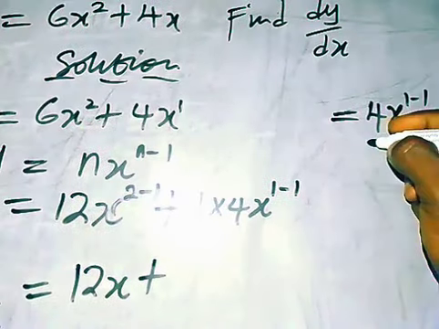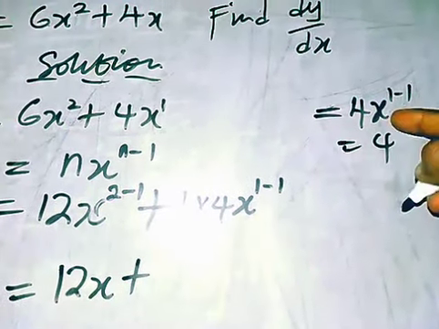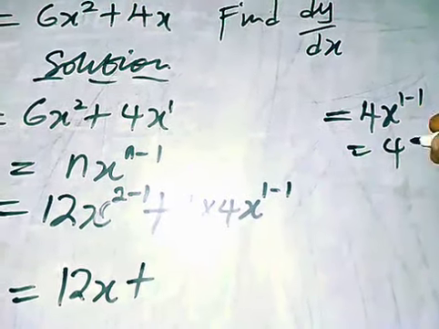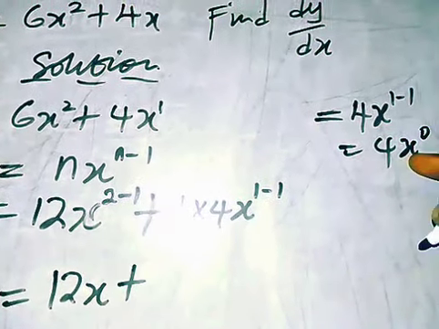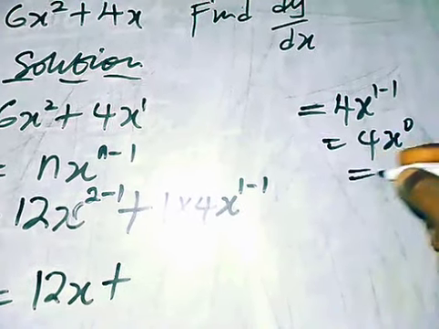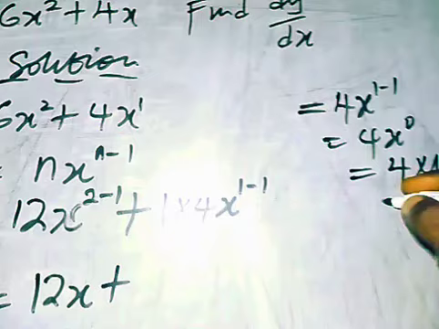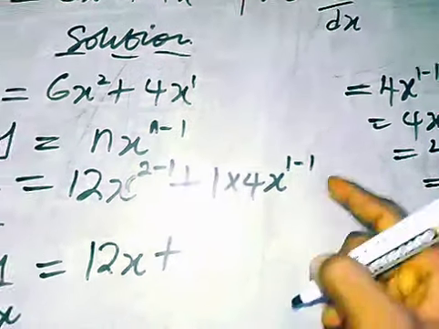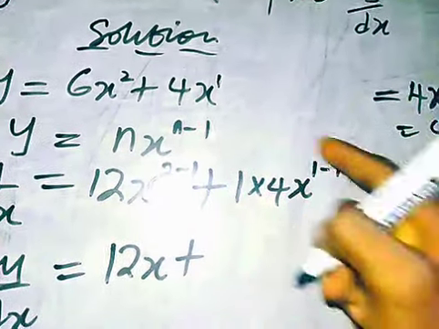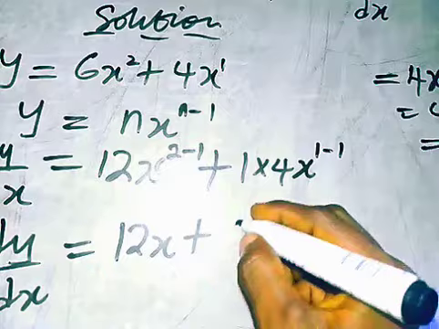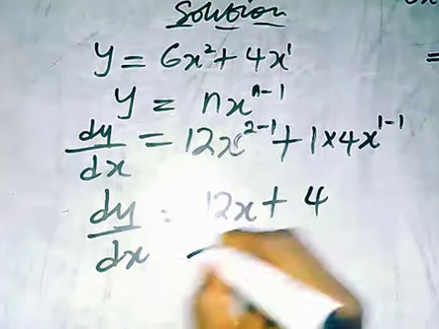Okay, now this is equal to 4. 1 minus 1 is 0, so x to the power of 0. x to the power of 0 will give you 1, so this equals 4 times 1. So the whole of this is equal to 4. So when differentiating something like this, the whole of this will now become 4. So that's how to differentiate that